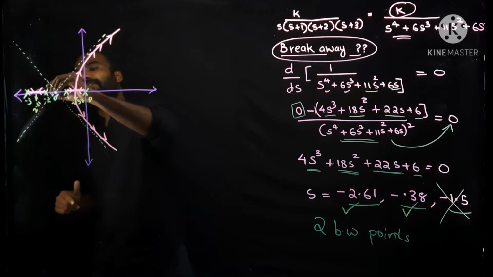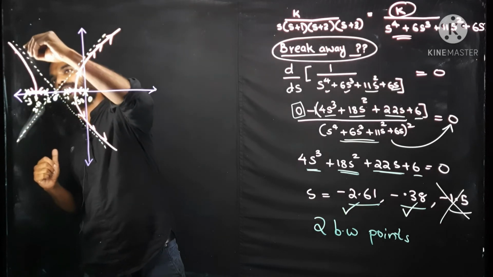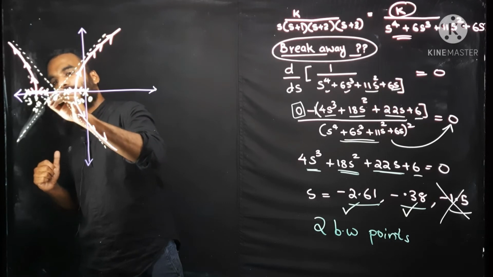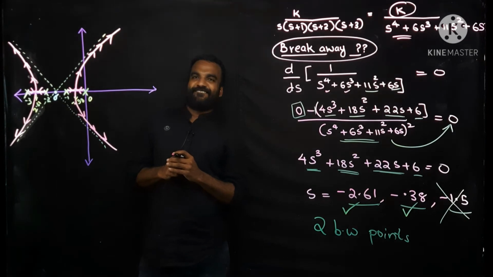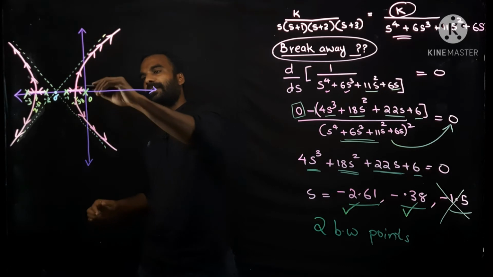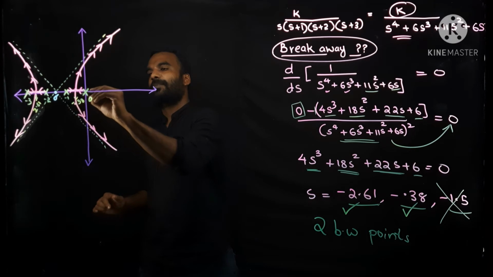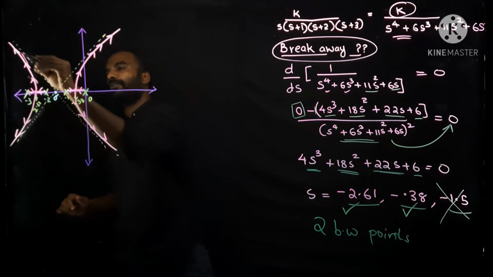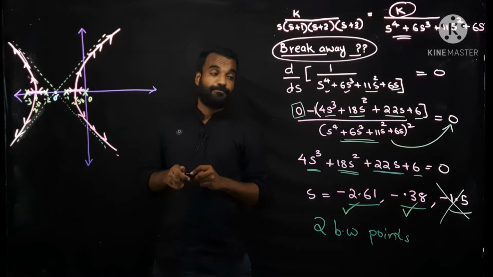And for this one, it is very clear. Two poles meet at the breakaway point and it will follow the direction of asymptote. Here also it will follow the direction of asymptote. What a beautiful, this is the case. This rose colored line is the area where root locus is present. How many branches? One branch starting from here going to infinity. Other branch going to infinity. One branch going to infinity. Other branch also going to infinity. So we are having 4 branches.